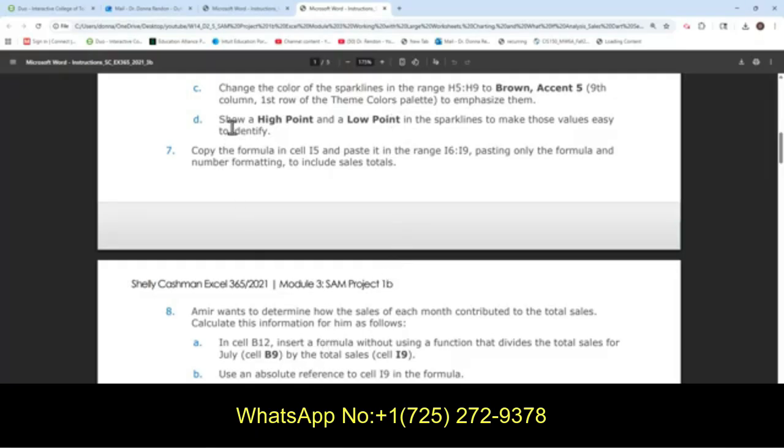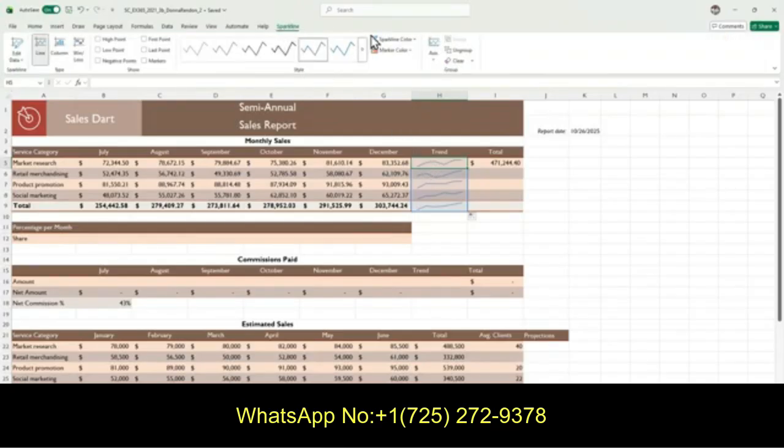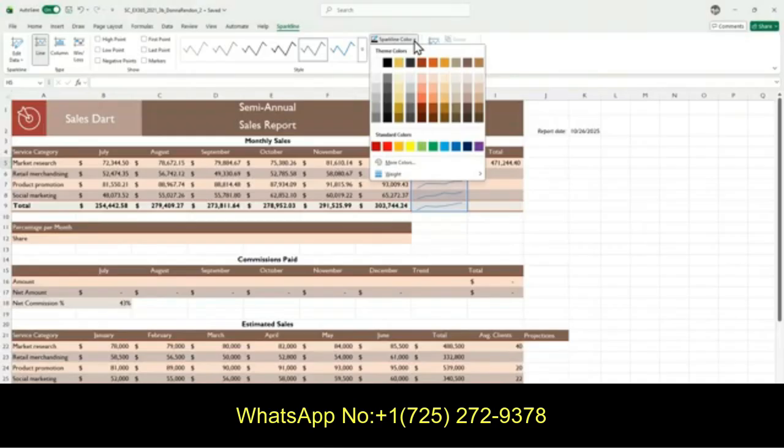Might as well do the 6D, show the high point and low point in the spark lines to make those values easy to identify. Going back to the start file, try to select the range H5 to H9 and then select the spark lines. We need to change the colors to the brown.